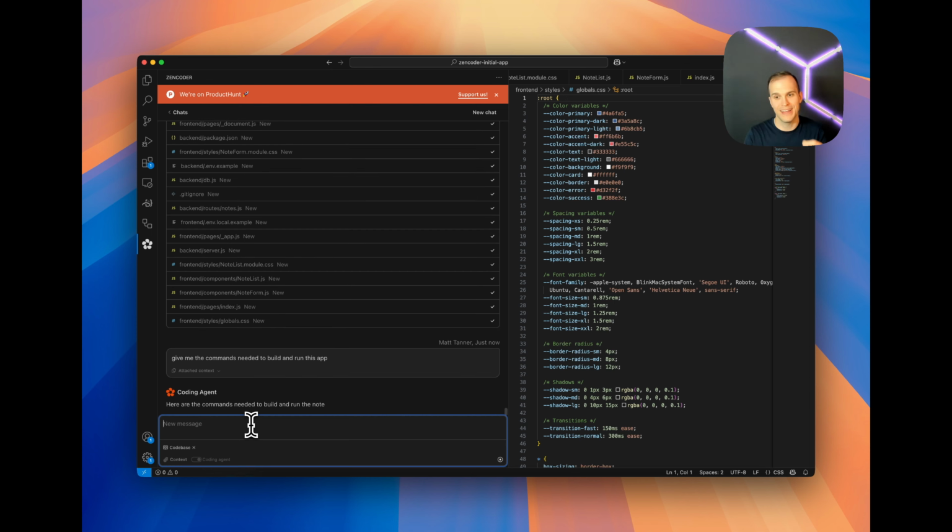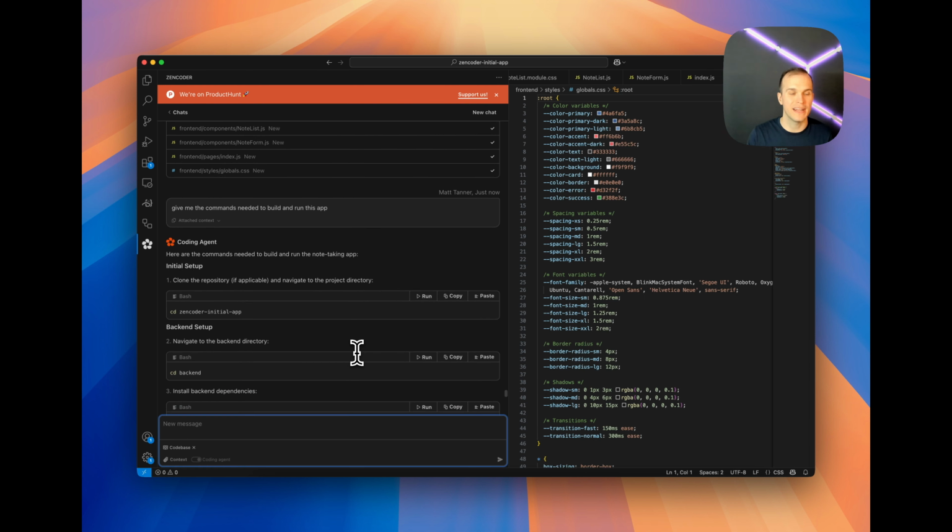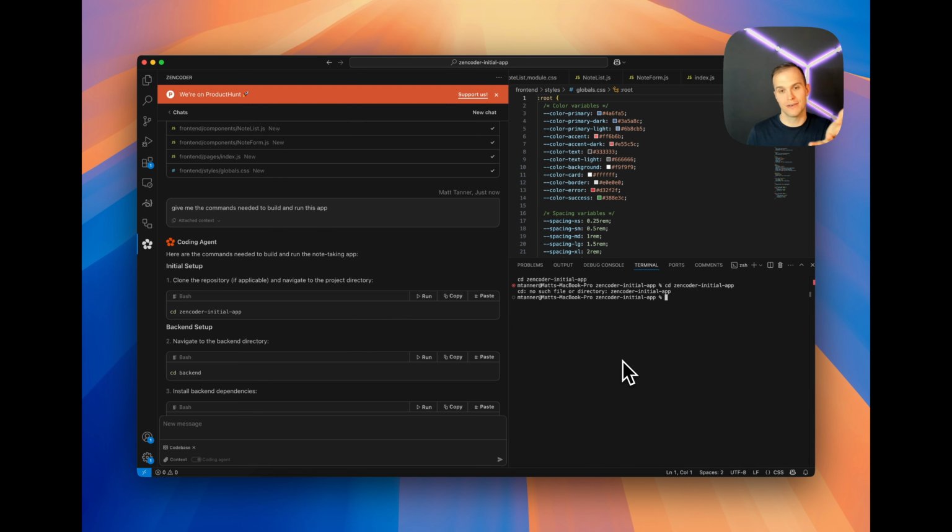And I do like how this works, especially when you look at some of the command line integrations where you have to keep flipping back and forth because you've got the agent running in the command line, and then you also need to have separate command line instances open so you can run these different commands. Since this isn't running through the command line, we can just go like this and run each of these. It's already on that directory. We can run each of these,